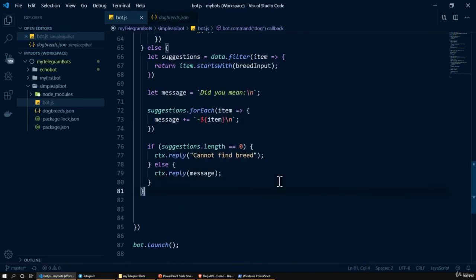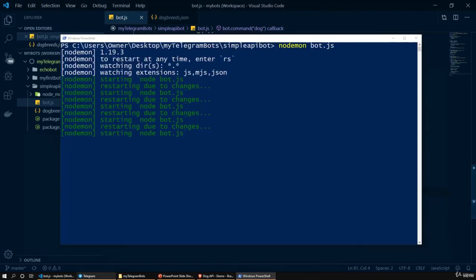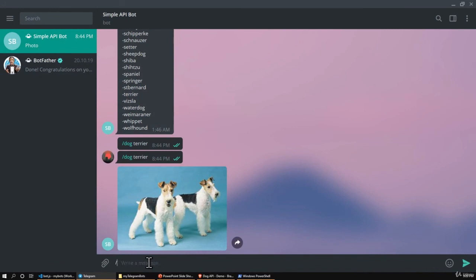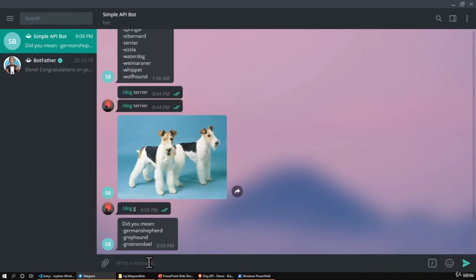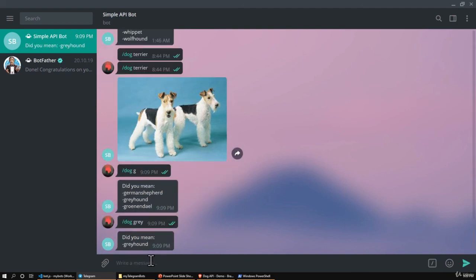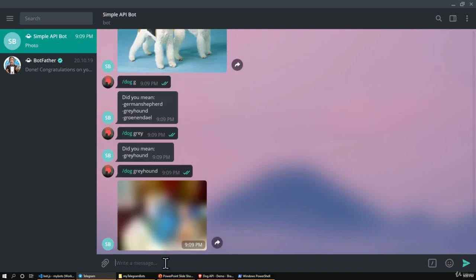Go ahead and save the file and make sure that the bot has restarted. Now we can test the bot. Type the dog command followed by G. You can see the bot gives us a list of dog breeds that starts with G. If, let's say, I were to type dog grey, it will just return one suggestion, which is greyhound. Now we want to get a random image of a greyhound, and